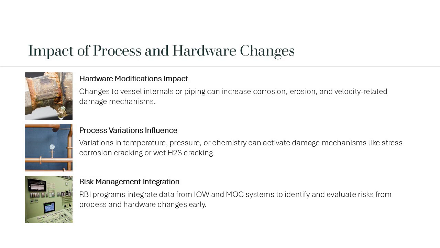Variations in temperature, pressure, flow regime, or stream chemistry can activate damage mechanisms such as chloride stress corrosion cracking, wet H2S cracking, or accelerated corrosion at dew points. These changes may not always be obvious, particularly when they occur gradually or intermittently. An effective RBI program integrates information from IOW and MOC systems to identify